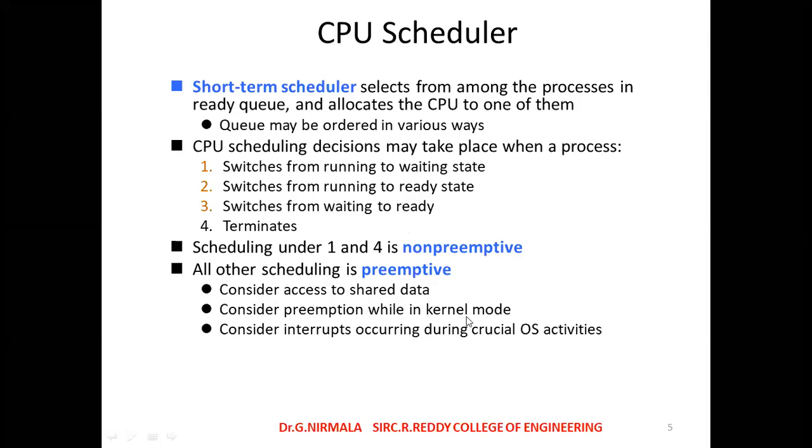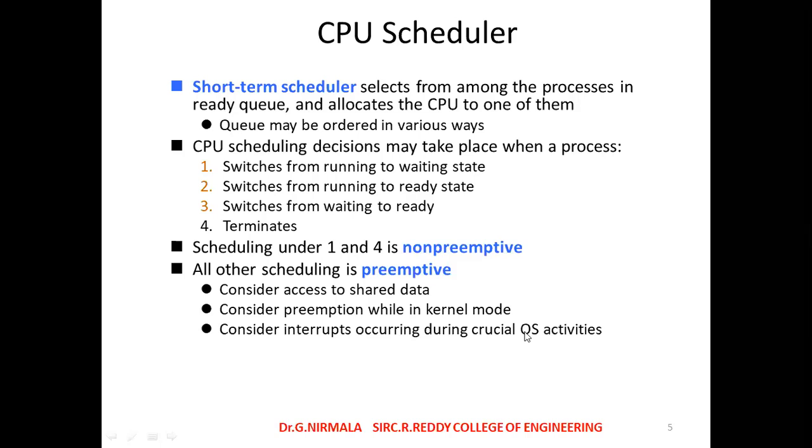This preemption will also be done by the kernel mode. Consider interrupts occurring during crucial OS activities. Means in between, interrupts will occur. That time also, an interrupt may need more time to handle it. Automatically the CPU decides I want to move to some other process. That is, the OS decides, and based upon the